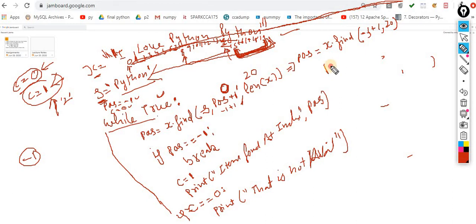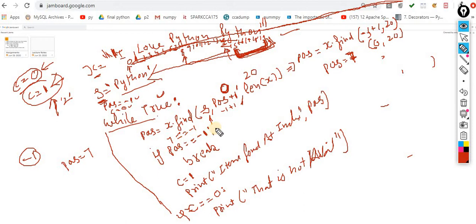So inside position, what output will I get? -1 plus 1, 0 to 20. Now x dot find of this s, and s contains Python. Now the starting value will become 7. The position will become 7. Perfect. After processing this line, position is 7. Now I am checking: 7 double equals to -1? It says no.